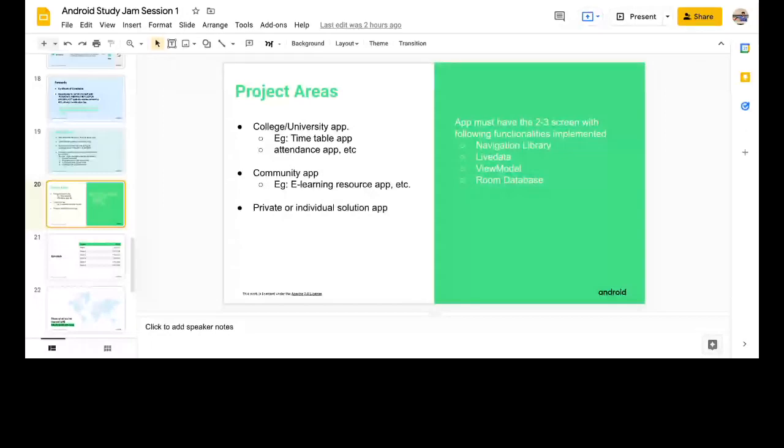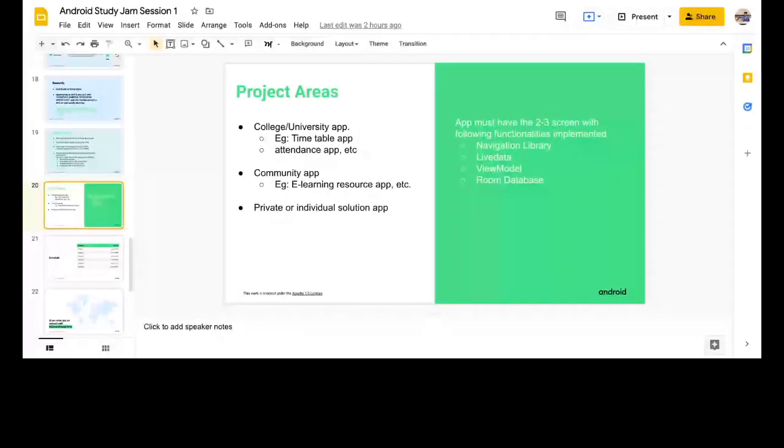Okay, Amit, there is another question that students are a little bit confused about. They're asking that if they know C and C++, will it be easier than Kotlin? Actually, Kotlin is easier than C or C++.